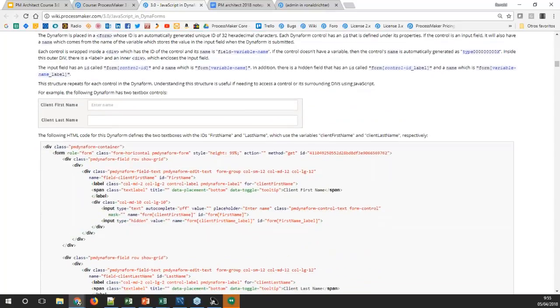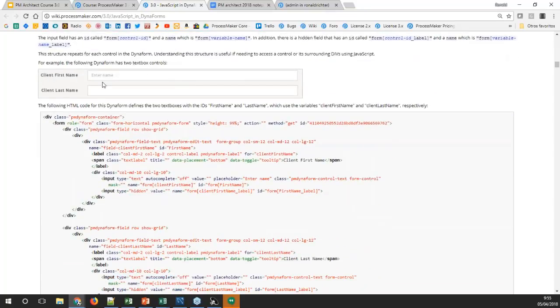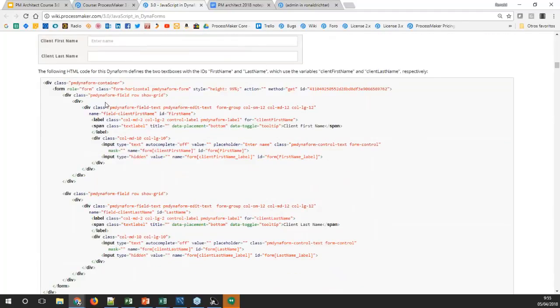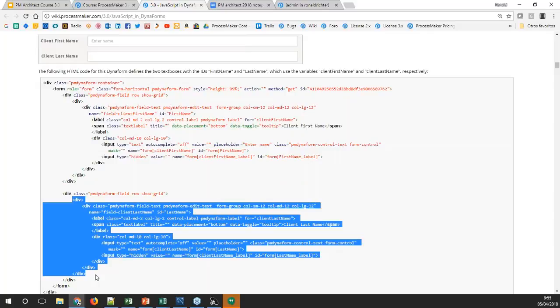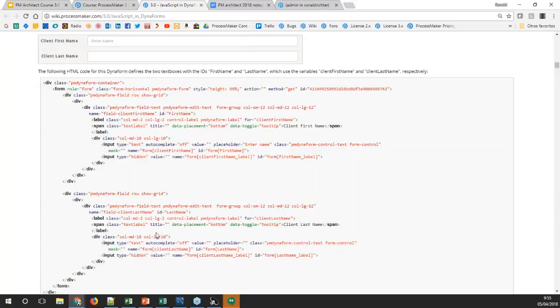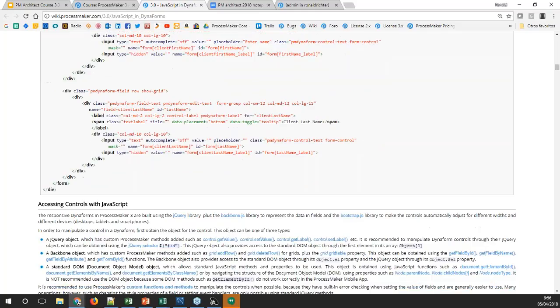Take a look here. This is the form we have with 2 fields, and this is the structure for the field. So we have the container, we have the form, then we have the container for the fields, and then we have the field here. So it's very important to understand this structure in order to be able to edit some of these properties or customize some of the styles of these containers, or look into other elements, or get the class name, or get the element IDs from the structure, and then just use your jQuery or JavaScript code to modify